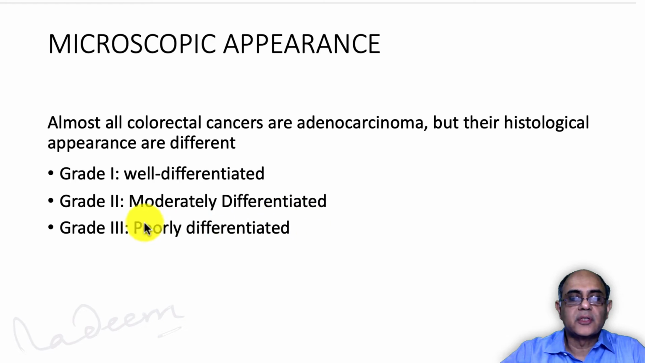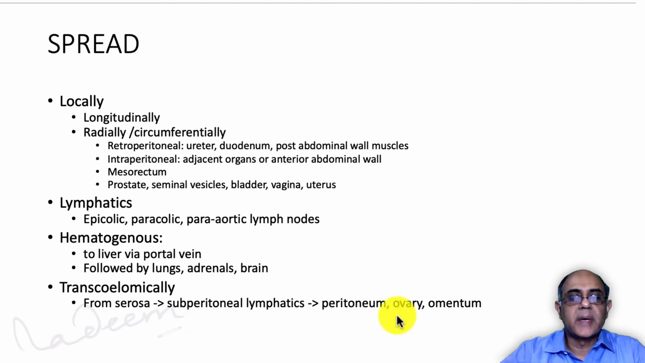Obviously, poorly differentiated will have worse prognosis. Well differentiated will have good prognosis. How does the tumor spread? The colorectal tumor spreads locally in a longitudinal direction of the colon, circumferentially around the